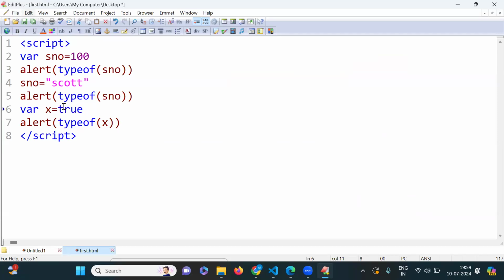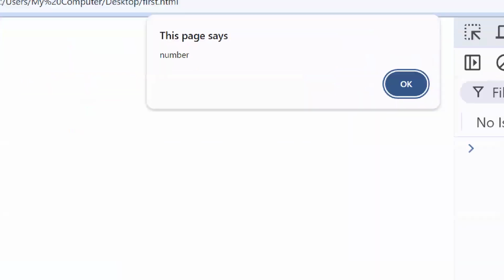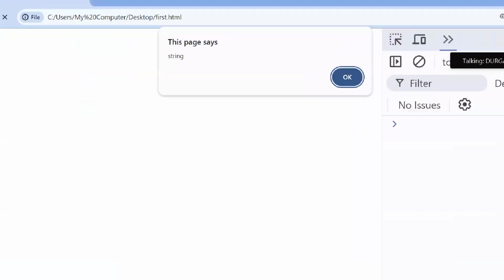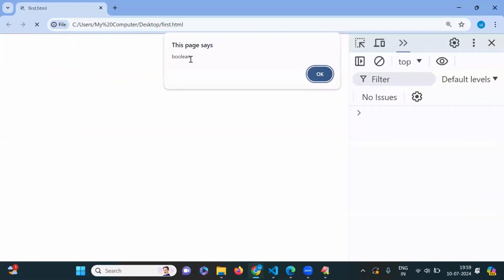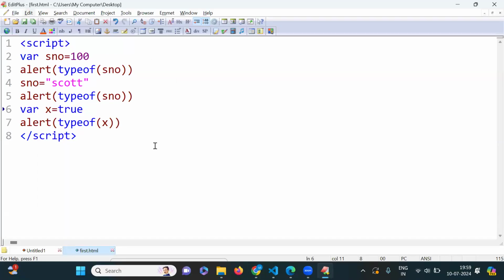Remove these quotations. And refresh here. Number, string, and boolean like that I'll give it this. Yes. So this is boolean data type. Okay. So double quotations means it comes under string. Okay. Remember that. Next one, var y,